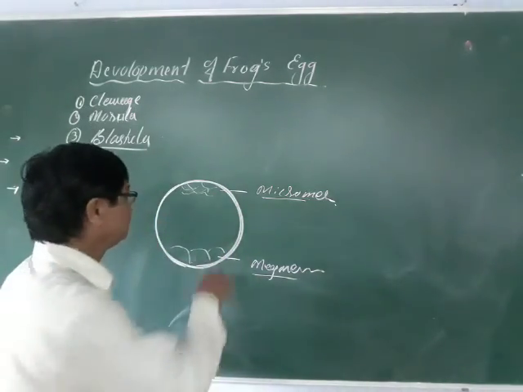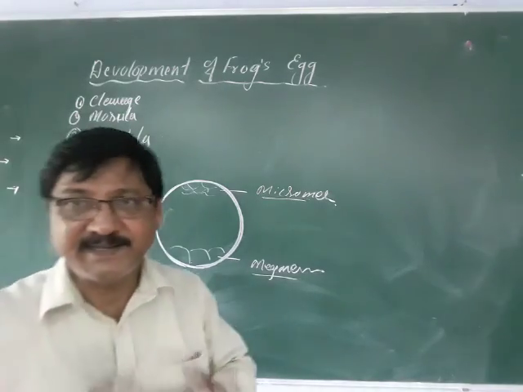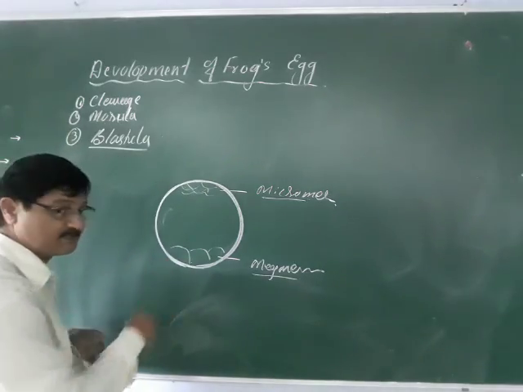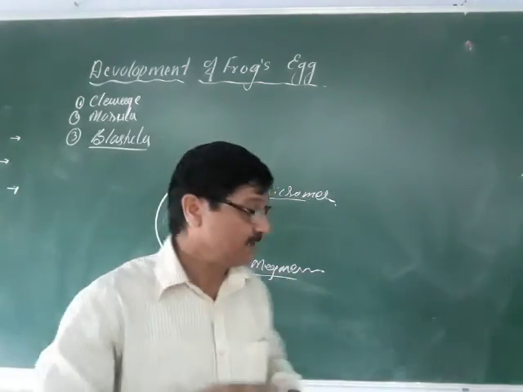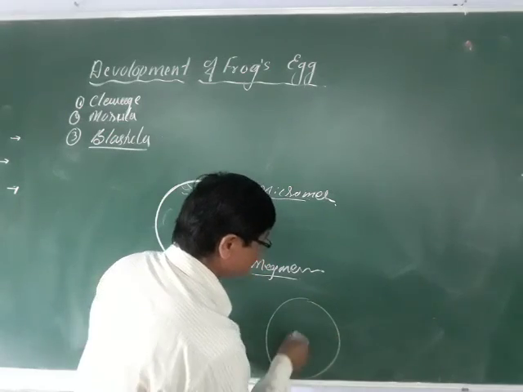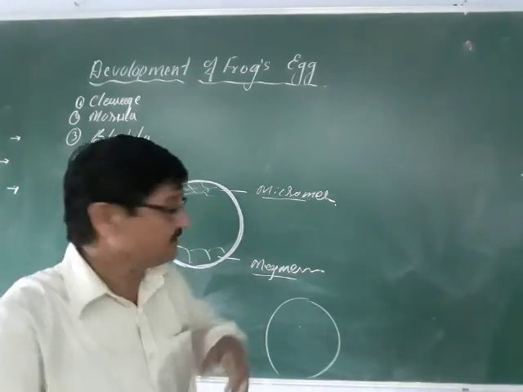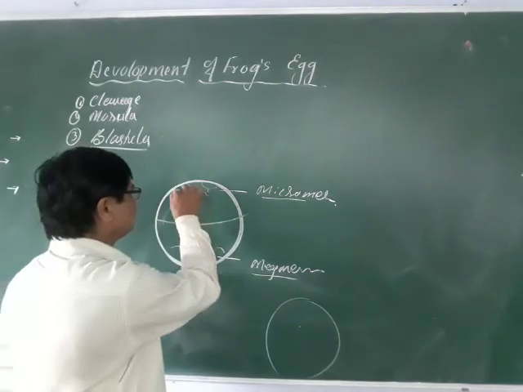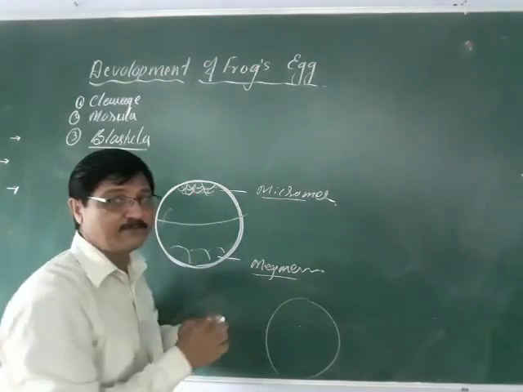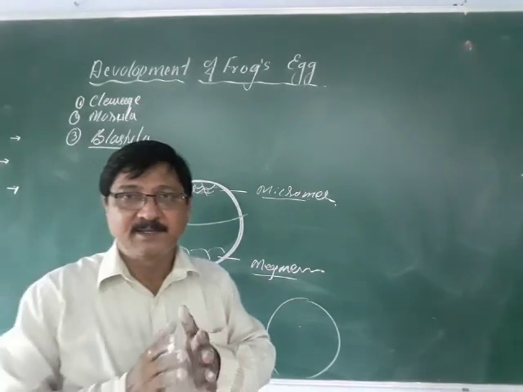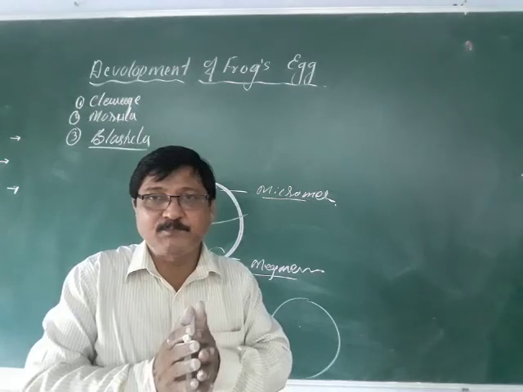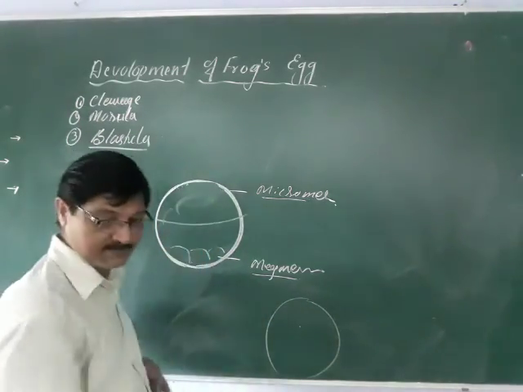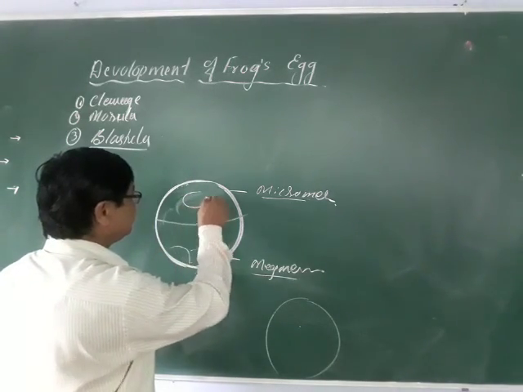So what happens here? The cells inside show a tendency towards the outside. There is continuous proliferation, meaning the cells show continuous division, and it always maintains the spherical shape, you remember. Just above the equator, a large number of cells will be divided, and the divided cells will be pushed outward to an eccentric position. The cells are divided and pushed outside, and inside a cavity will be developed like this.